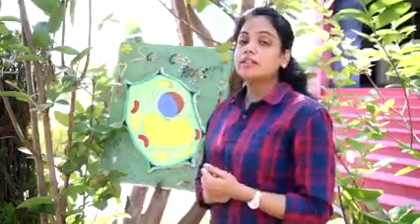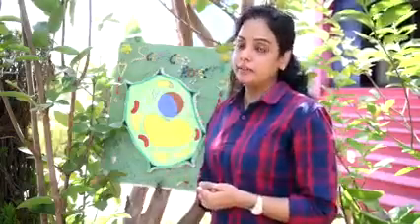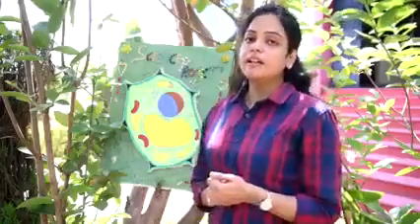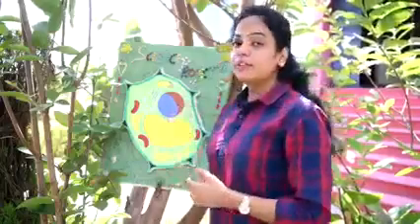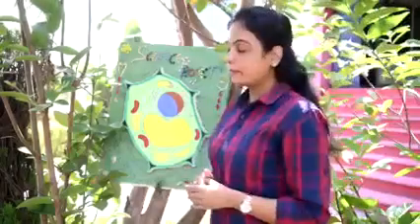Now we will talk about the cell organelles present in a plant cell. There are various cell organelles present in the cell. First of all, we will talk about the nucleus. The nucleus is the main brain of the cell. The nucleus contains DNA, which is the genetic material of the cell, responsible for the transmission and mechanism of genes and chromosomes. The nucleus also contains a nuclear membrane.